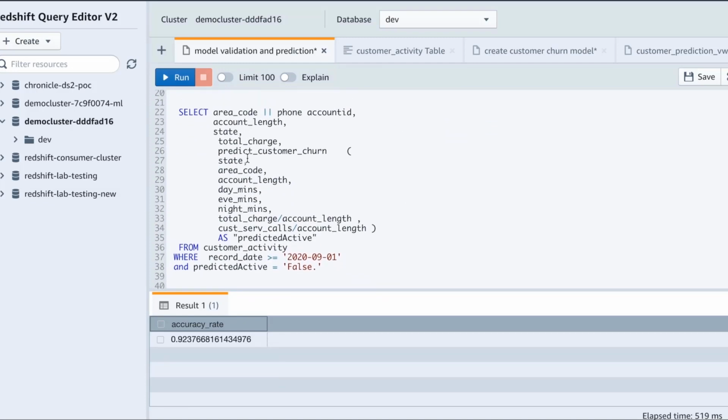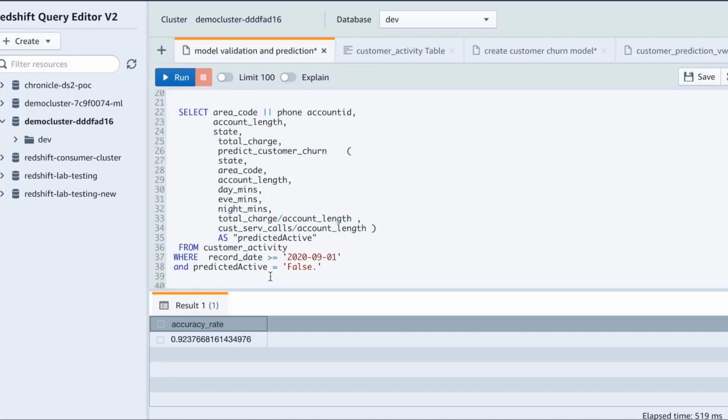He's going to check some things of interest that he thinks he wants to analyze, such as the account length, the total charge, etc. And he's calling the predict customer churn function again, passing in those same parameters that we saw before. This time, he's changed the date. He's looking for everything that's greater than or equal to 2020-09-01.